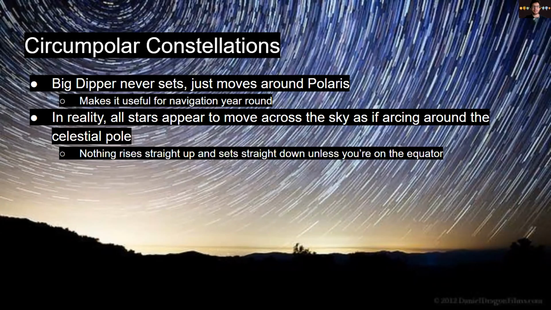So you can see in this lovely picture in the background, if you look towards the center of that circle where all the stars seem to be traveling, that's of course where the North Star would be, and things travel in that circle. But as you go out more, you see that things do set and rise, but in a sort of arcing motion. And if you go to the next slide,